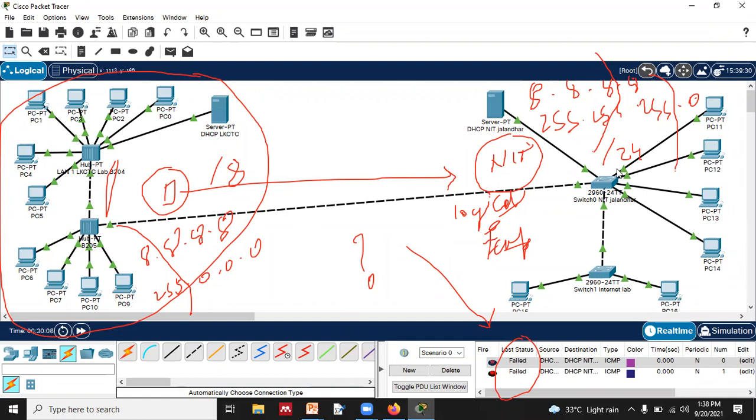Over here we are consuming /24 bits. How much are we left with? 8, means 2 raised to power 8. It means 256. Starting from 0 means 255. The first and last address are not consumed. So 256 minus 2, 254. So the maximum, how many? 254 addresses could be possible in this address scheme.